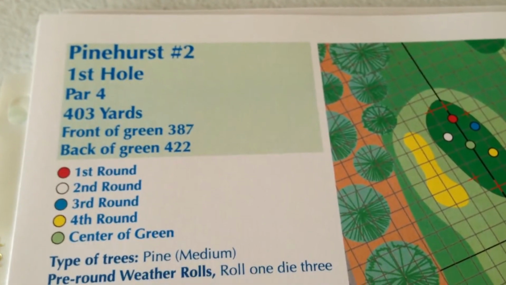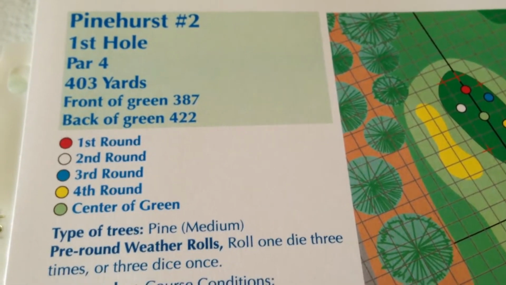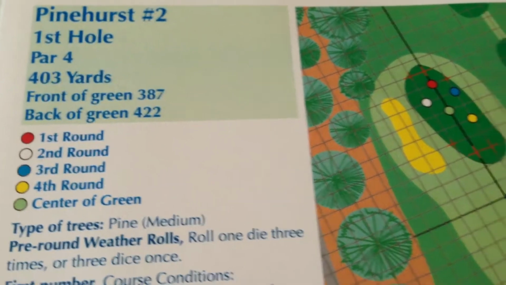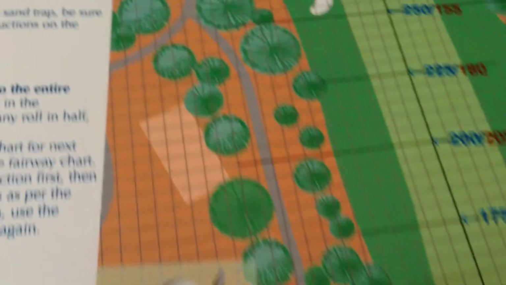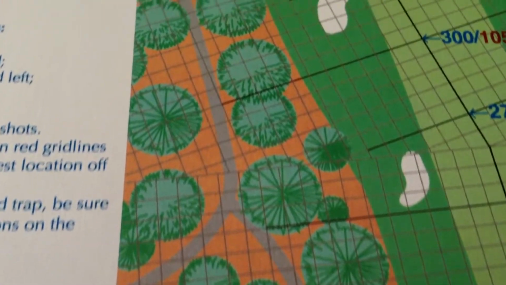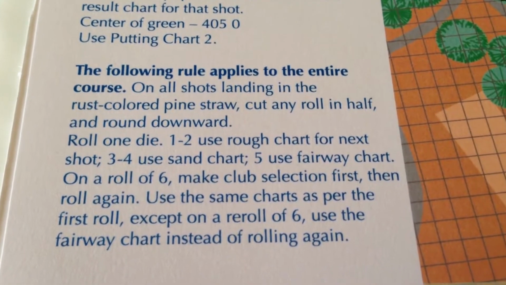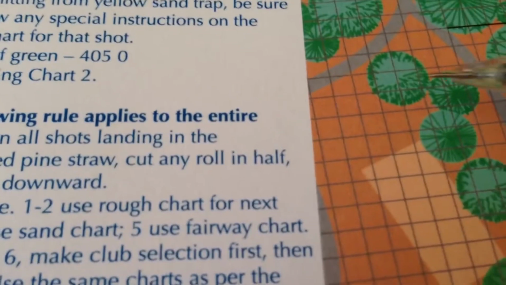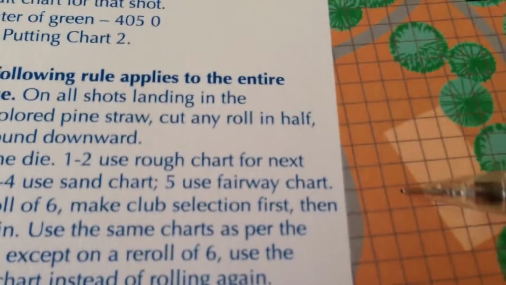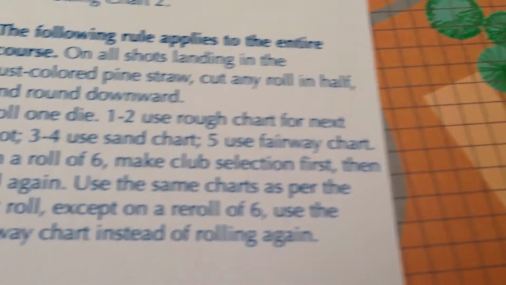Pinehurst Number 2, first hole, is a 403-yard par 4. We are playing the yellow pins today. Pinehurst has lots of pine trees, as you can see. The special rule for this course is that all shots landing in the rust-colored pine straw, which is this color stuff right here,